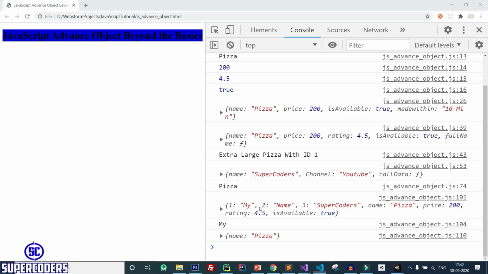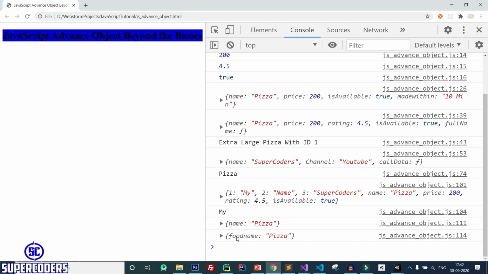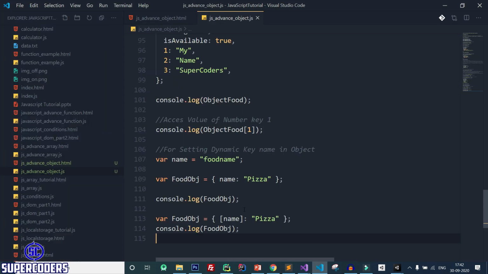Again I print it, back to Chrome, refresh page, and you can see this time it is taking as a food name. So remember this, when you want to set a dynamic key name, you need to use square bracket and pass the variable name.